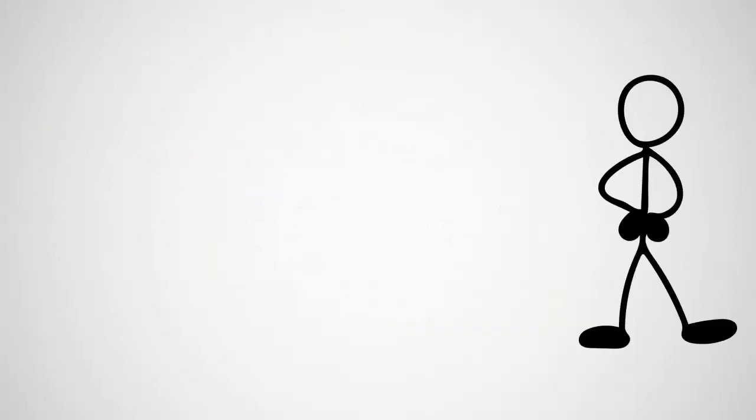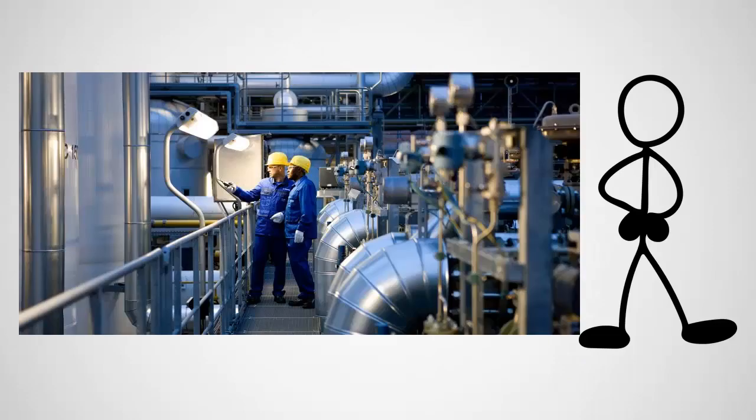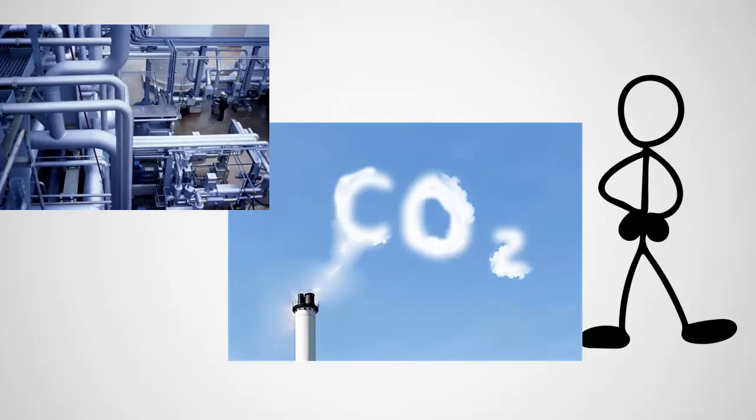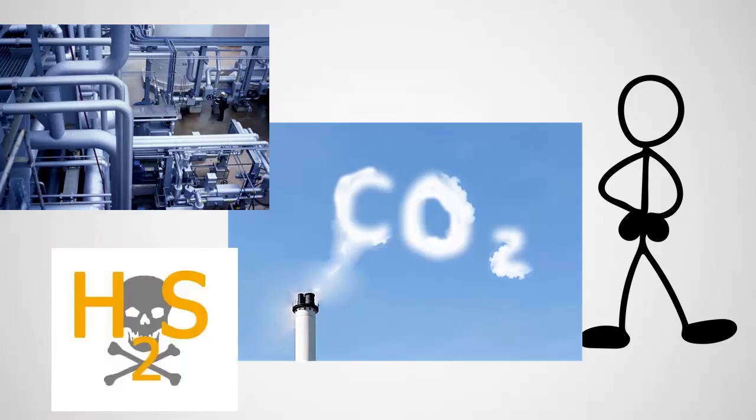Now, we are going to look at some industrial applications where gas separation, also known as gas permeation through the membrane, is very important. For example, separation of carbon dioxide from combustion gas for reuse, refinery hydrogen recovery, separation of hydrogen sulfide from acid gas,